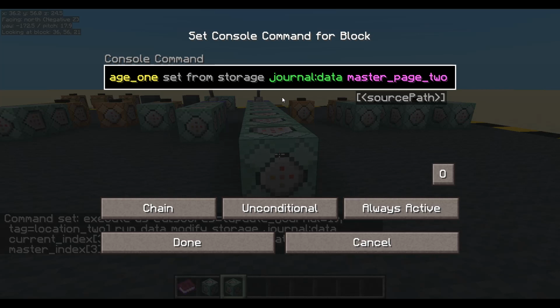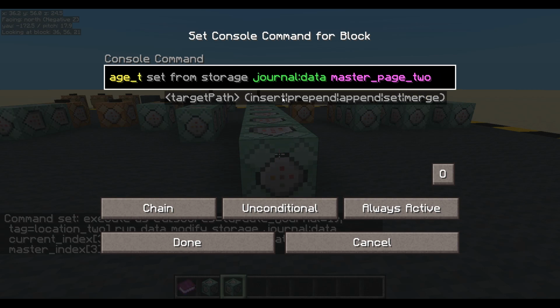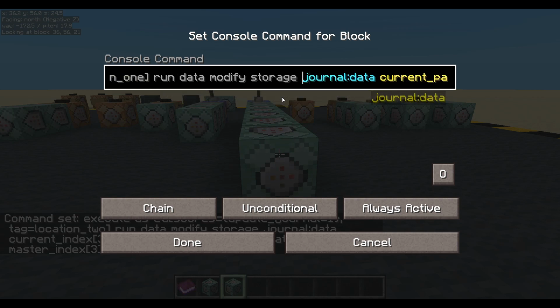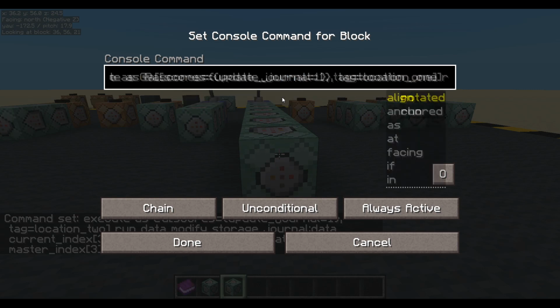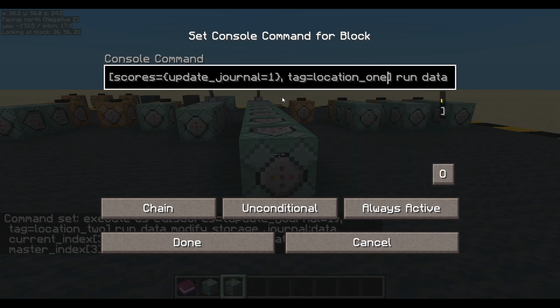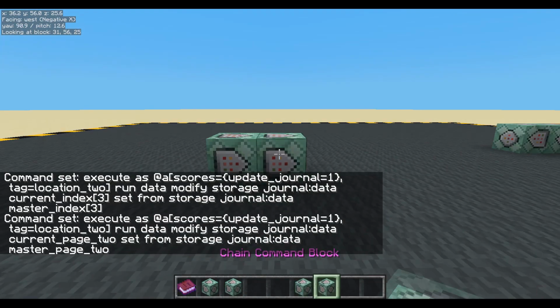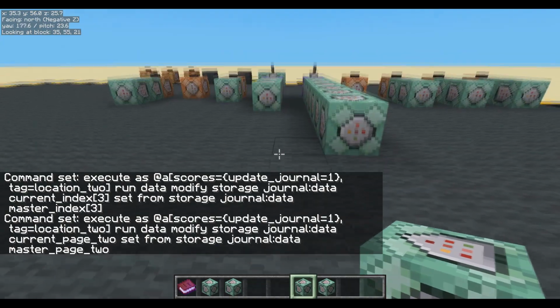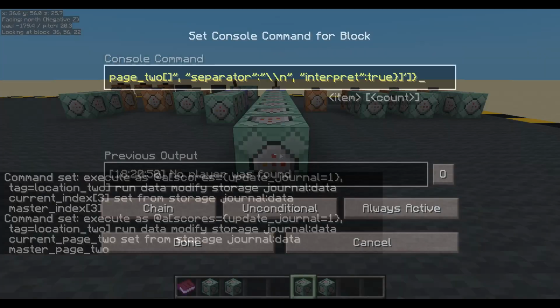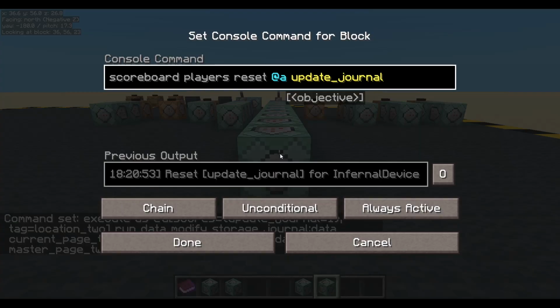Master page 2, copy over current page 2, if they've been to location 2. Done. Get our blocks, copy, copy, using control middle mouse, pop it down, yes, give the book, yes, reset